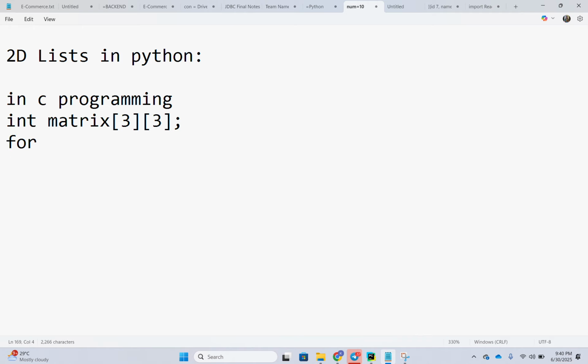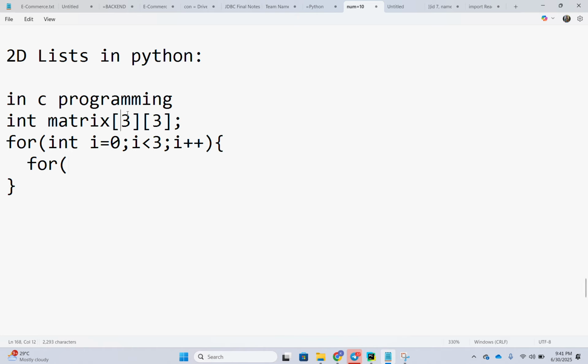Now I'm going to read the values using a for loop: int i is equal to 0, i less than 3, i plus plus. There will be one more curly brace. There will be a nested for loop. Why? Because